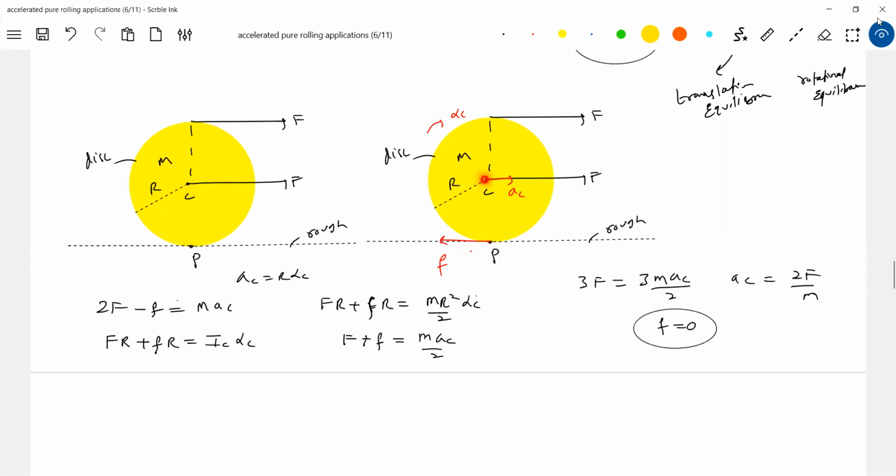If the acceleration of the center of mass is like this, the acceleration of point P along the x-axis must be 0. This is the condition for pure rolling. If the center of mass moves towards the right, there should be tangential acceleration towards the left here. Then only the acceleration of point P along the x-axis will be 0. So I'm assuming alpha like this. Then looking at alpha, write the torque equation. For pure rolling, there's one basic equation. Then solve it. If you get F equal to 0, okay, fine, no problem.